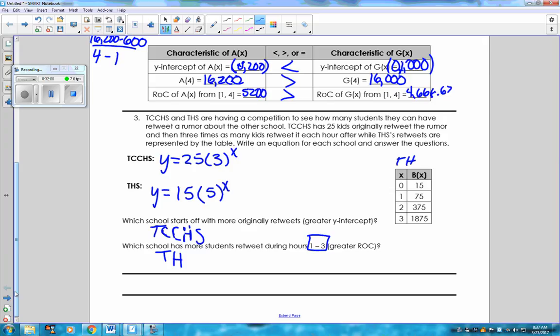You can't just always assume that. Prove it. Okay, so the next page that y'all have